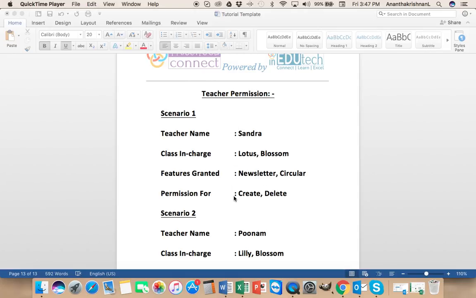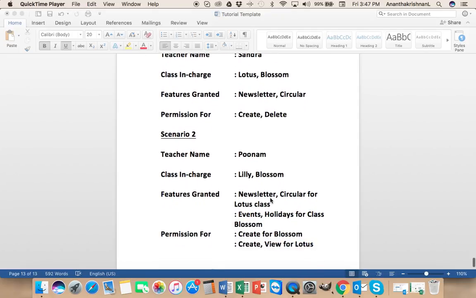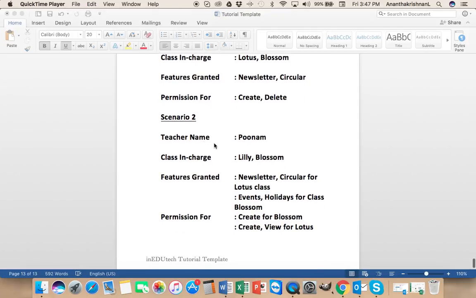So basically this is scenario one, and scenario two is slightly complex. The teacher name is Poonam, and here the class in charge is Lotus and Blossom. So within that, for each class, you need to enable different permission and different features. Say for example, for Lotus, you need to enable newsletter and circular, and for Blossom, you need to enable events